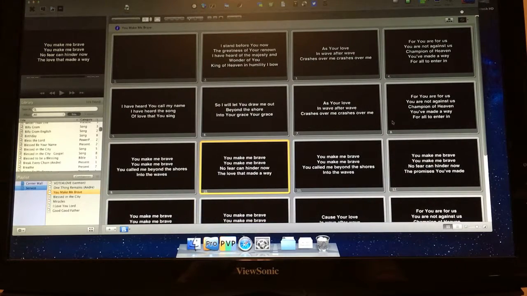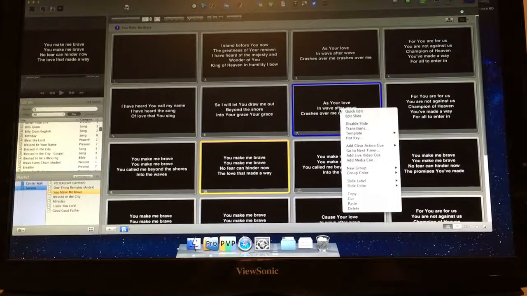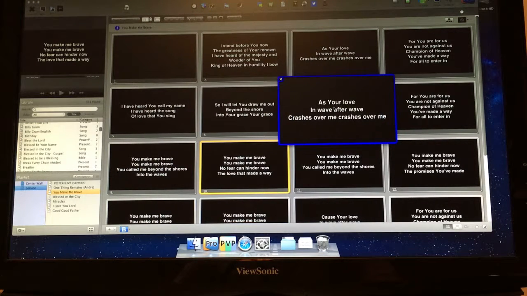So, let's say we want to change something on a slide, right? Well, there's two ways you can do it. If it's a simple capitalizing, you just right click, and you'll see that blue shows you which slide you right clicked in. You'll right click and just hit Quick Edit, and it pulls up a little mini version, and you double click on the text and it highlights it. Click it again, that's how you know you're editing. You see your little cursor there,